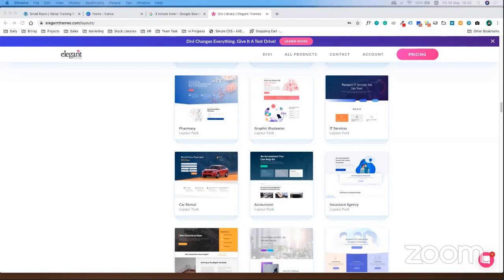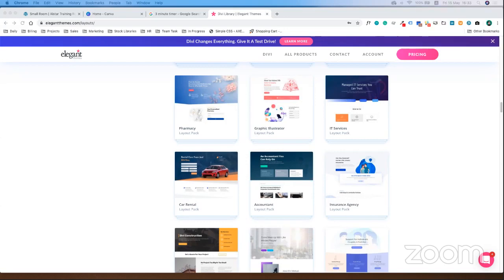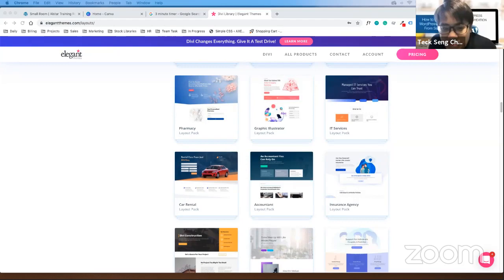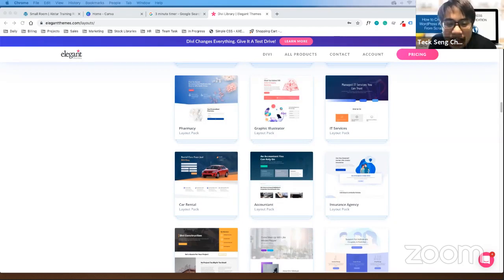Initially, I thought this layout is called Theme itself. Is this Elegant page that you showed us a theme or just a layout? The DV itself is a theme already. Out of this theme, you can select 168 layouts, whichever layout you want to take in.